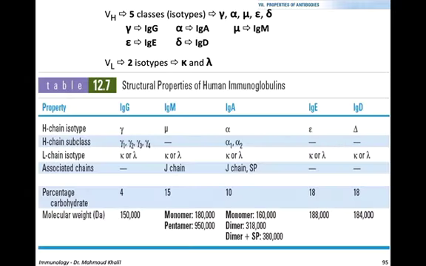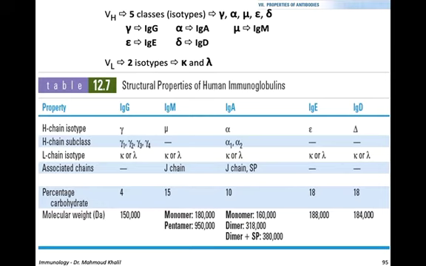Okay. This table summarizes all the structural properties of the human immunoglobulins. You can see the different heavy chain isotypes. As we said earlier, it's either gamma, mu, alpha, epsilon, or delta. You can see the different classes for the heavy chain of each antibody, and the different isotypes for the light chain as well. It's either kappa or